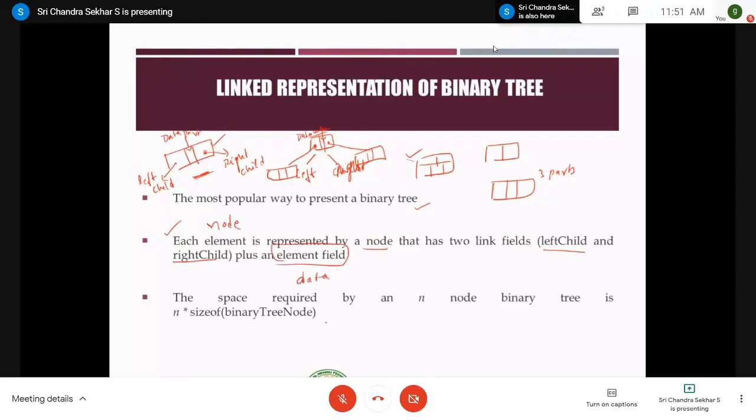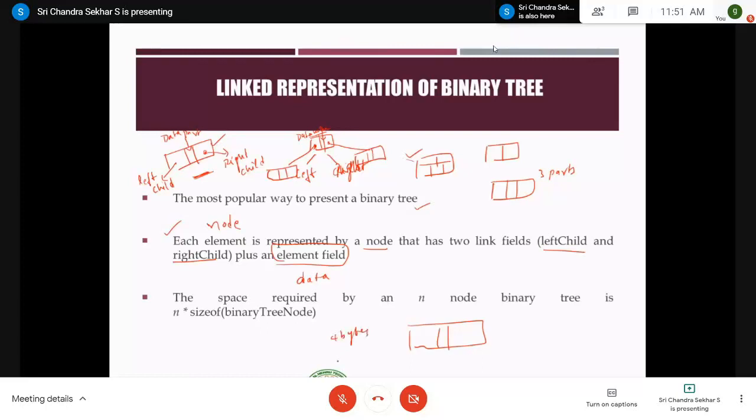And the space required by an n node binary tree is n times size of binary tree node, right? For example, you take this node. What will be the size here? This is a link part, which is nothing but a pointer. A pointer occupies 4 bytes, and I am stressing that 4 bytes is architecture dependent.